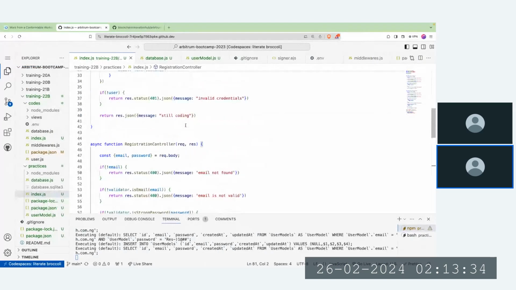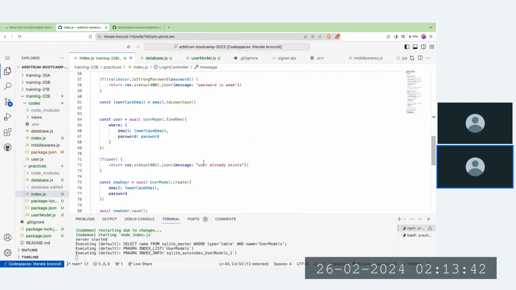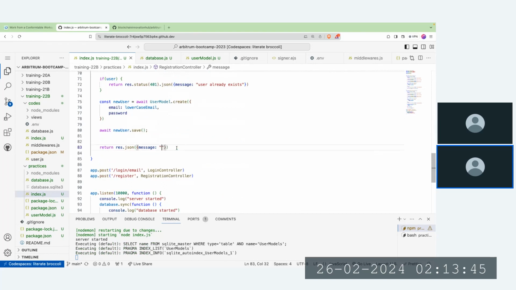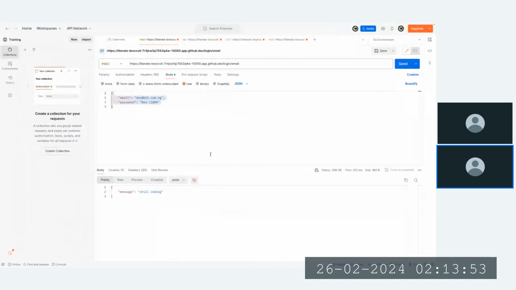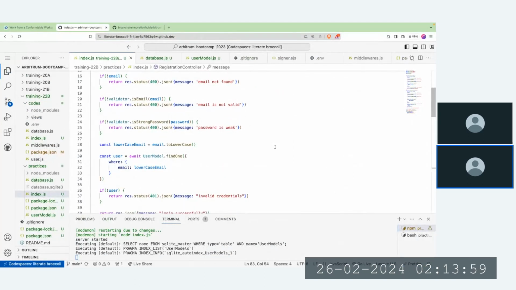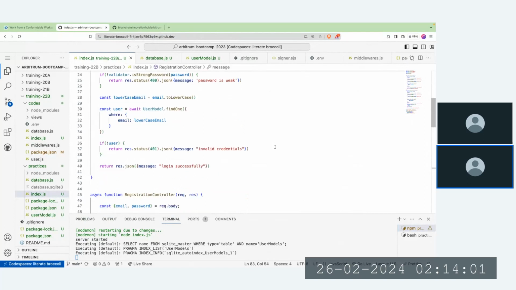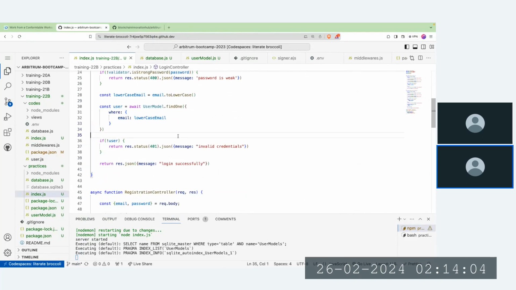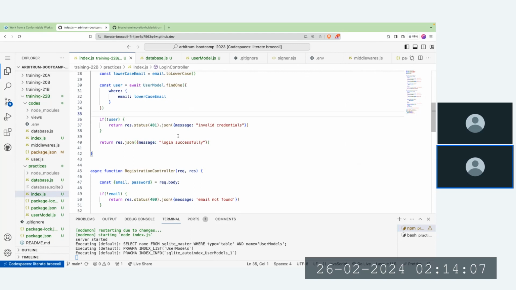So let's try to remove all those error messages. Login successfully. So something like that, just to know that, okay, it succeeded or not. Now, the next thing is, how do we now fix the problem of trying to issue out JWT? Do you get? So we need to install a library called